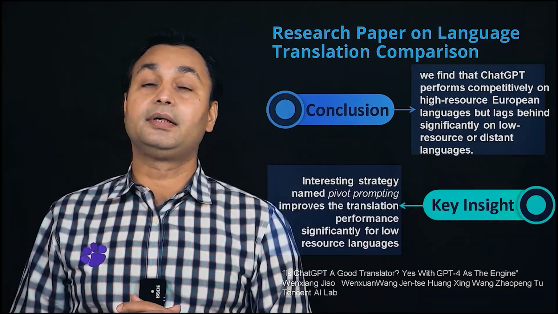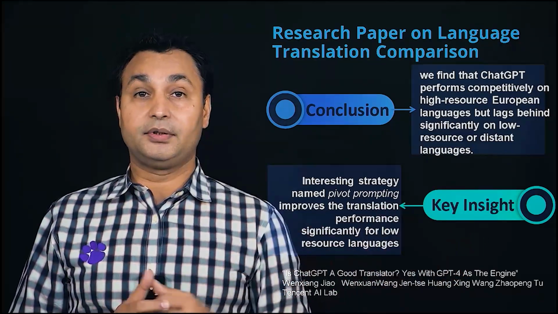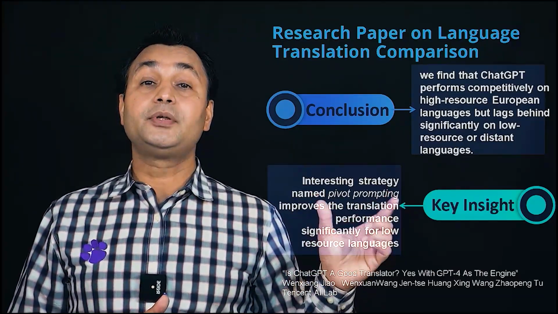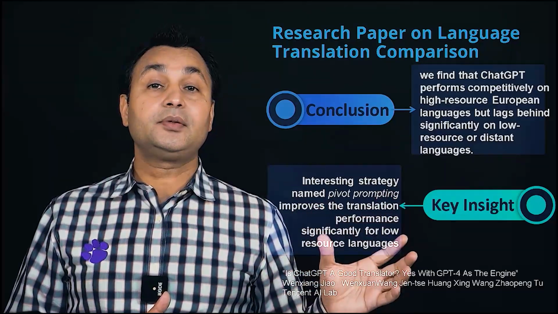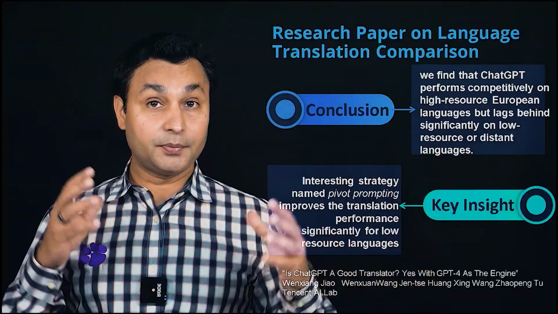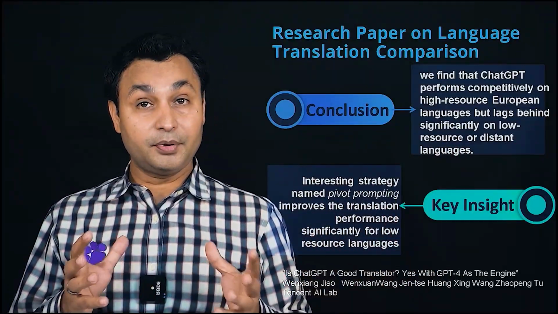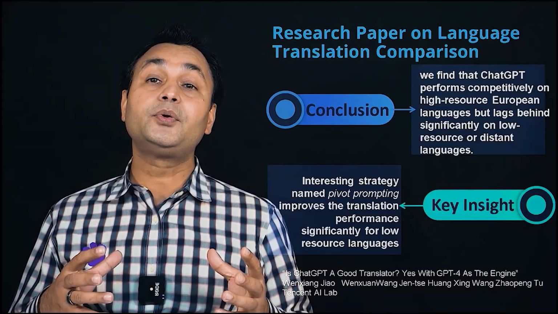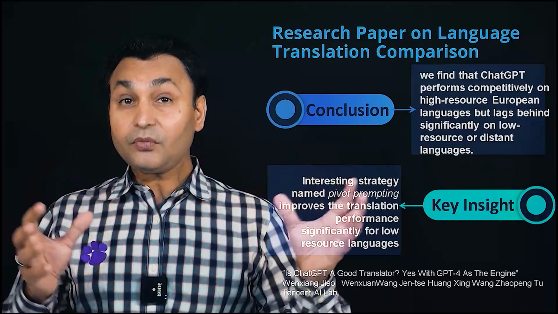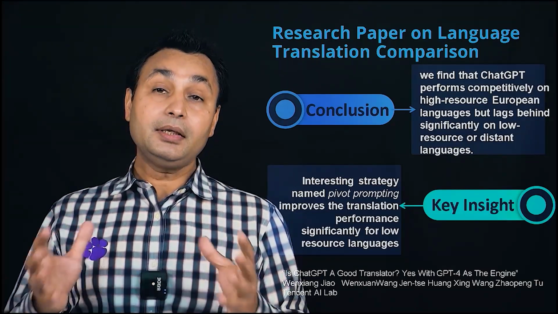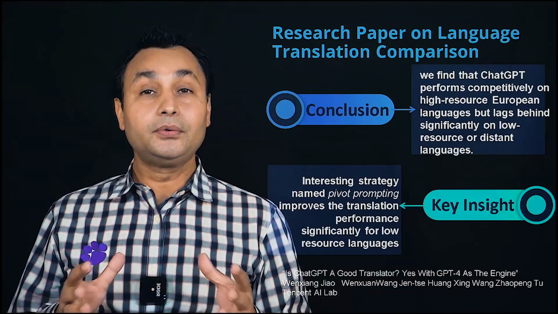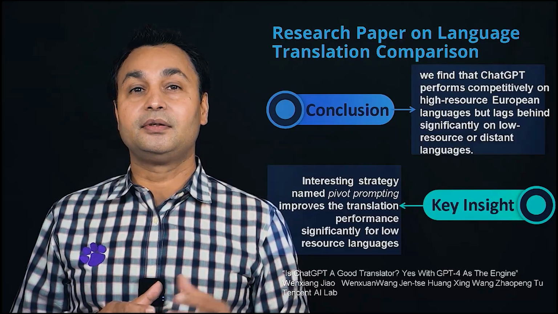The second interesting thing that I want to discuss, and it was a key insight in the paper, is an interesting strategy known as pivot prompting, which improves the translation performance of ChatGPT also for low resource or distant languages. Its performance was not great, but they used an interesting prompt engineering idea that helped improve the translation accuracy of ChatGPT for low resource languages. We are going to talk about prompt engineering in the next lesson, which is an important topic altogether, but within the context of language translation, let's discuss this idea